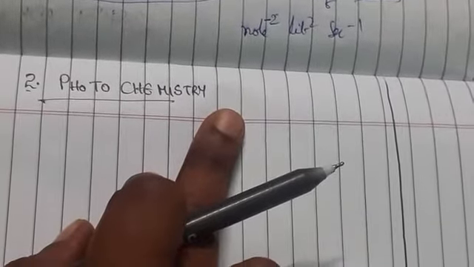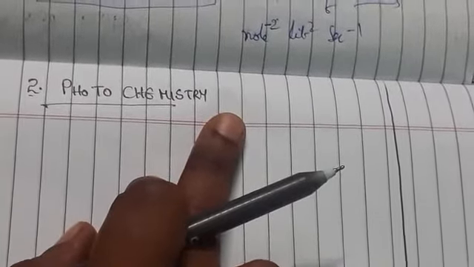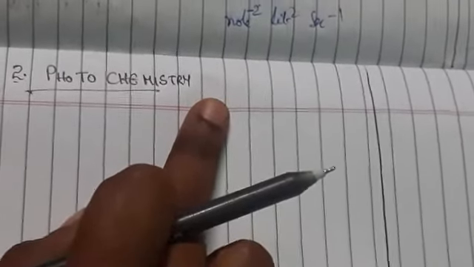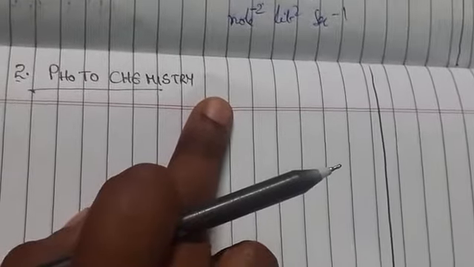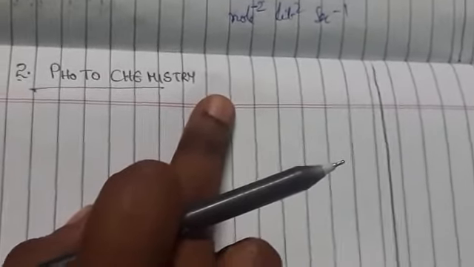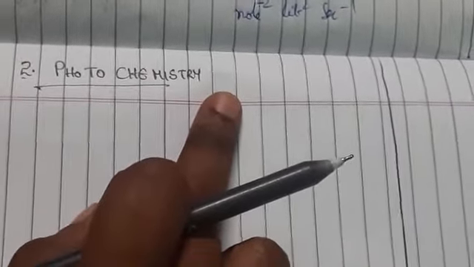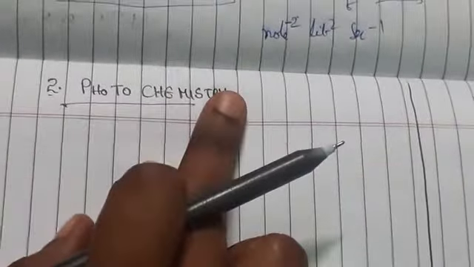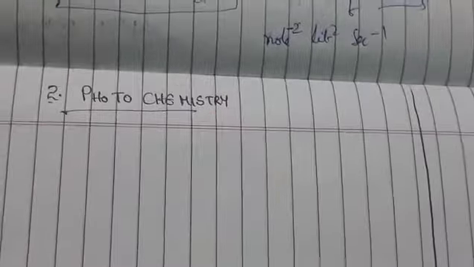For example, if you switch on the tube light, what happens immediately within a second? It is exhibiting light. So what does it mean? There will be some change in that; some chemical reaction is going to take place in that. It is showing visible light. So whenever chemical reactions undergo in the presence of light, we call it photochemistry.